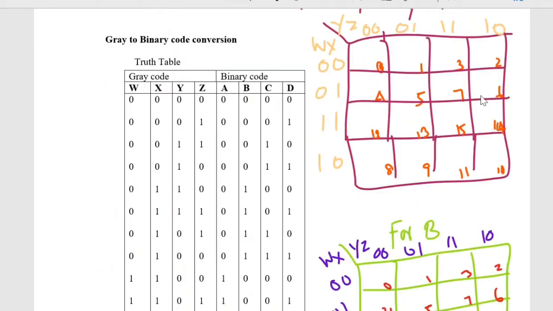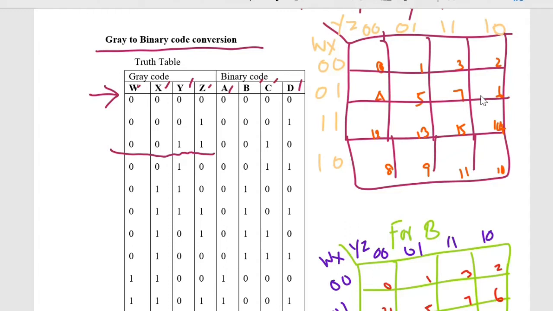With this, construct a truth table for gray to binary code conversion. 0, 0, 0, 0 gives 0, 0, 0, 0. Here the 4-bit inputs are W, X, Y, Z. The 4-bit binary outputs are A, B, C, D. The example we took here is 0, 0, 1, 1.